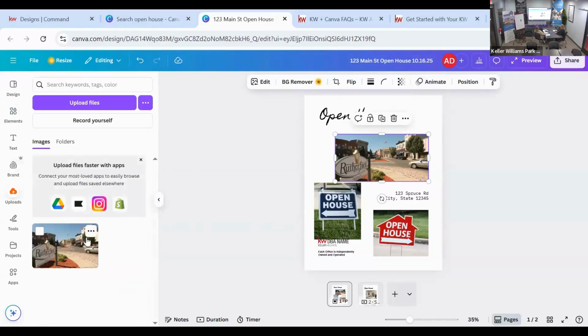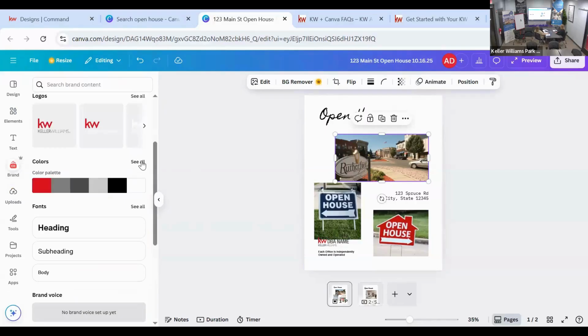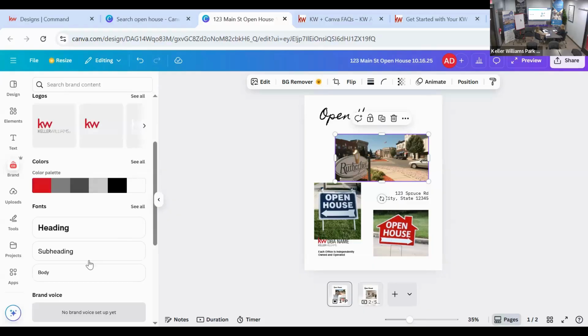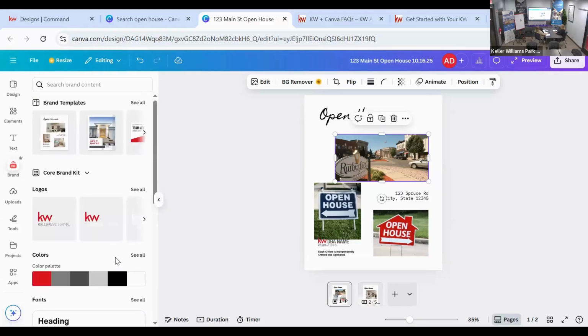Yes, so in the upload file, that's where you would put your logos, and I will have those in the email for you guys. Additionally, under colors, this is our brand palette here. So all of the Keller Williams colors by their exact color codes are here. So you've got the reds, the grays, all that fun stuff